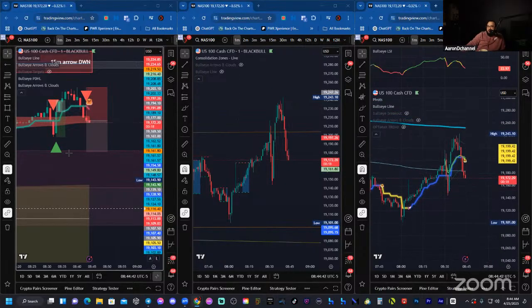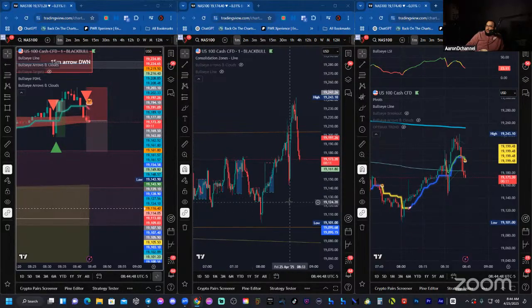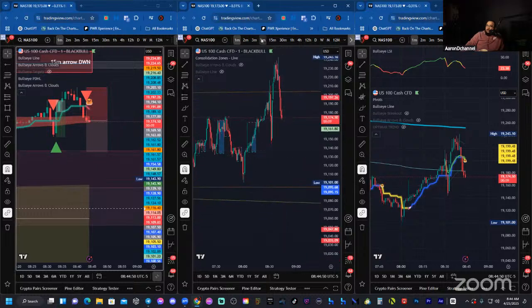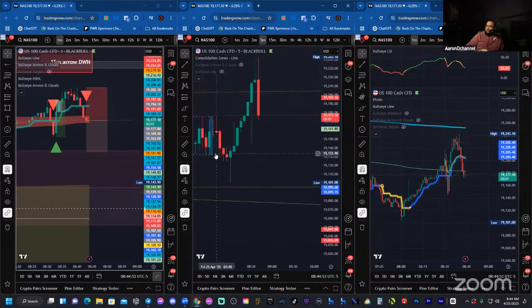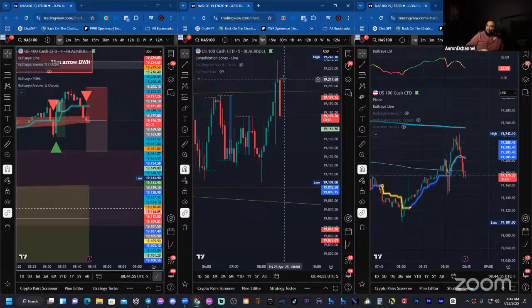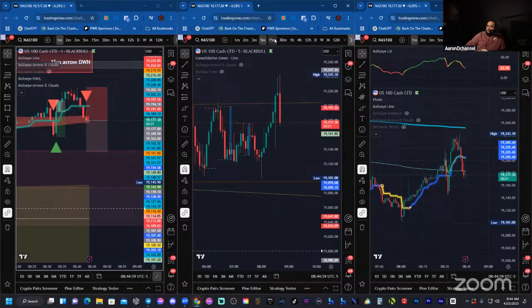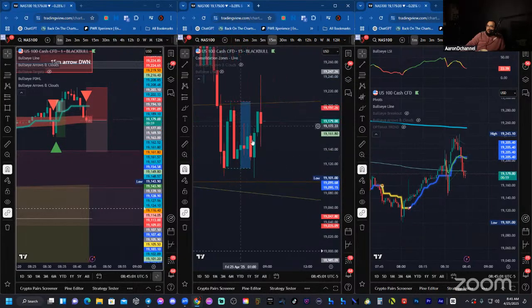Let's see what happens on this sell situation. I like for the sell to at least come and touch the 15-minute cloud. This is also a weekly level here. We broke inside this arc. It's a beautiful rejection candle on the 5-minute time frame. 5 seconds left. Let's look at the 15-minute candle range. Yeah, we're back in this 15-minute range.